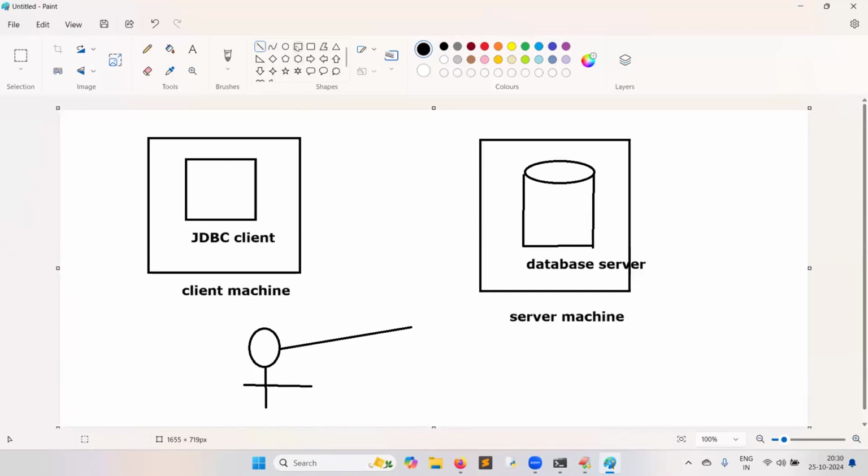Very good. That fellow knows the railway station address and reaches the railway station. So, similar to this, the JDBC client knows the IP address of the computer, so it reaches the server machine.